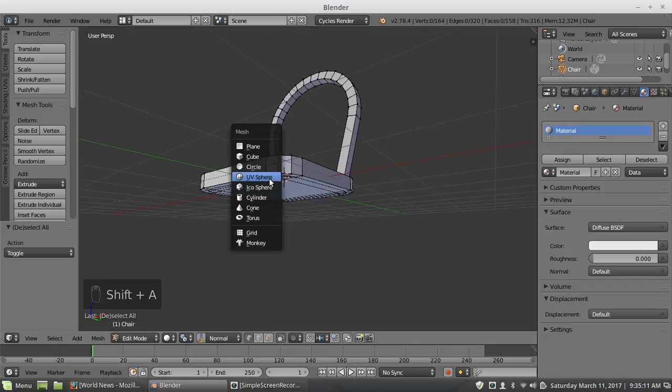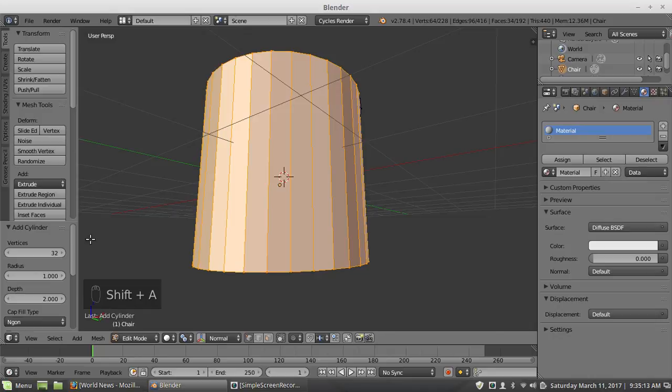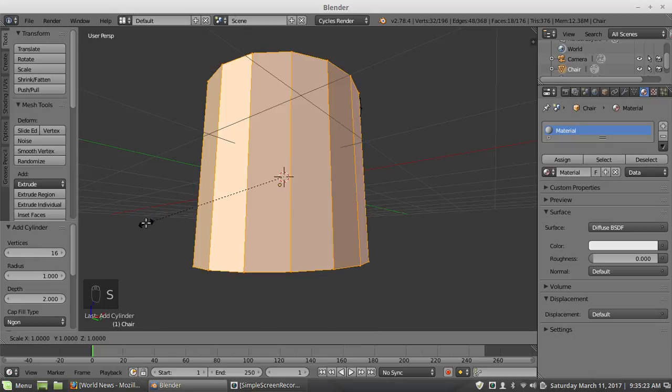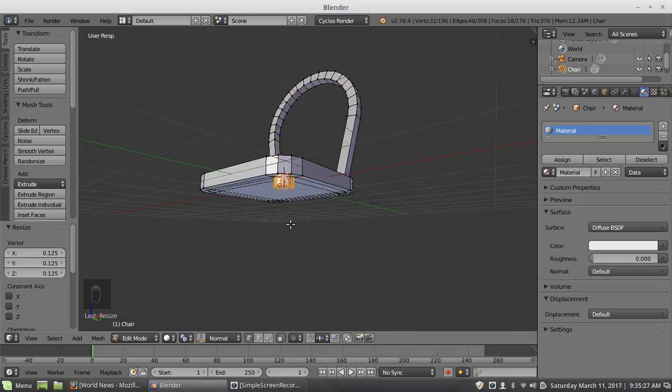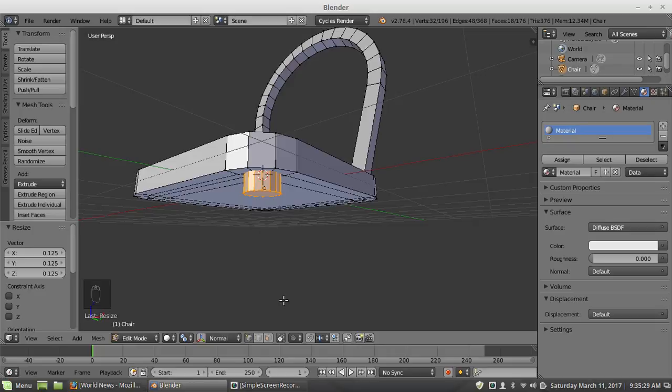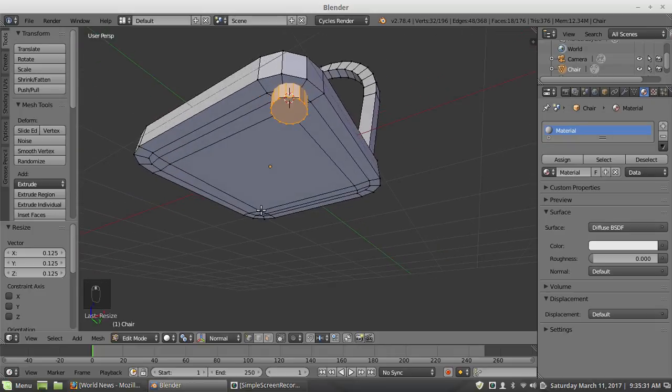I'm going to add a cylinder again. Change this to 16 because this is going to be a smaller diameter and we don't need a super dense mesh there. And scale it down a bit like so. And I am going to move this with snapping. Actually, I'll scale this constrained like so, using Shift C this time just to change the diameter.